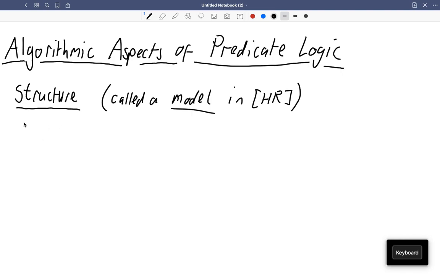So a structure for a signature curly P, curly F. Curly P is a collection of predicate symbols, curly F is the collection of function symbols,